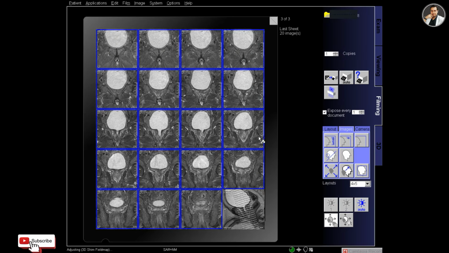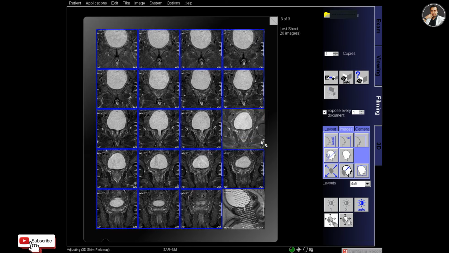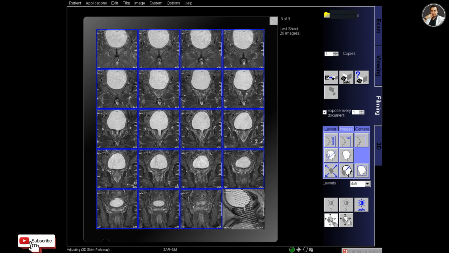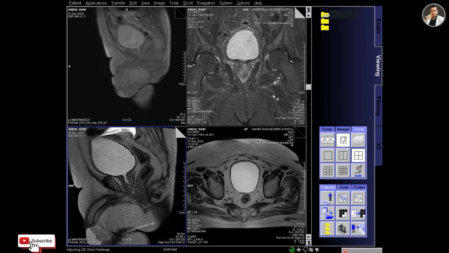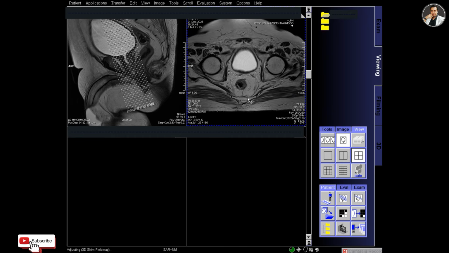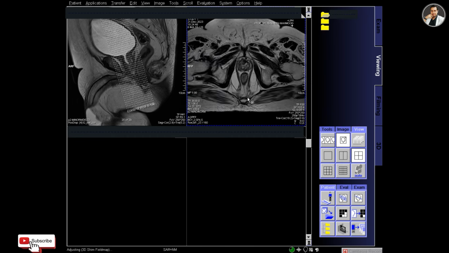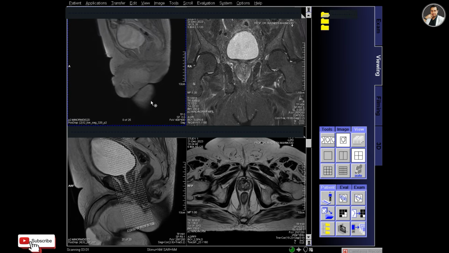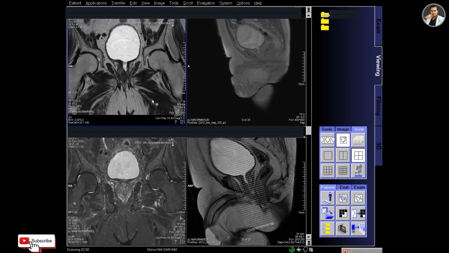So this T2 coronal image is characterized by the fat suppression. You can see that the fats are suppressed and it gives no signal. So the soft tissues or subcutaneous fats area are dark, and this is the T2 transverse. You can see that the urine or urinary bladder is white because of the urine fluid appears bright in the T2 protocol.